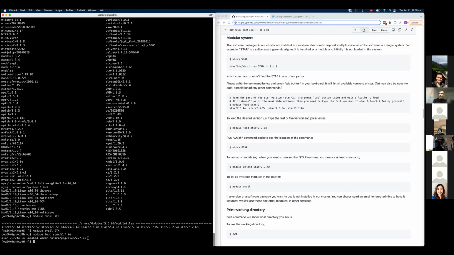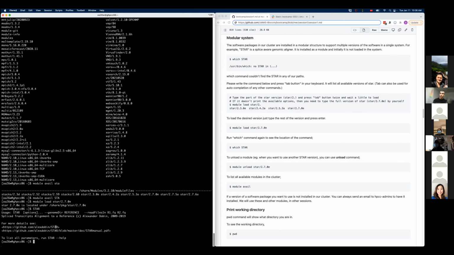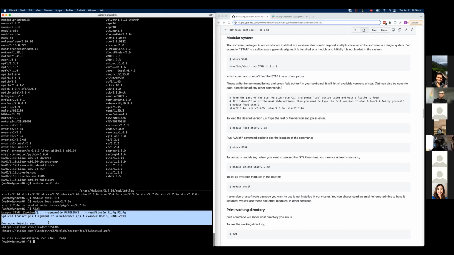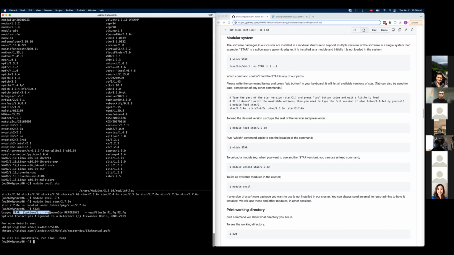So if you load the STAR module and then type star, you should get this exact screen here, which shows you how to use STAR, because STAR expected some arguments such as a reference genome and FASTQ files and so on. Just shows a helpful message.